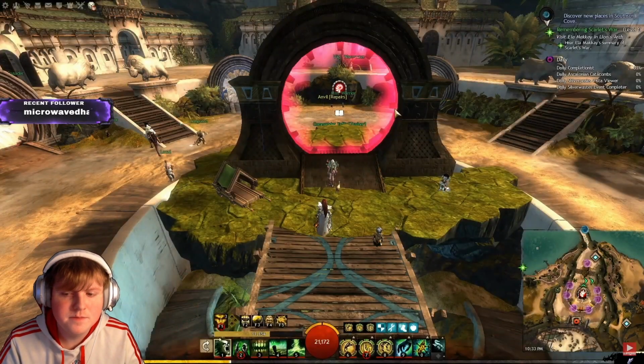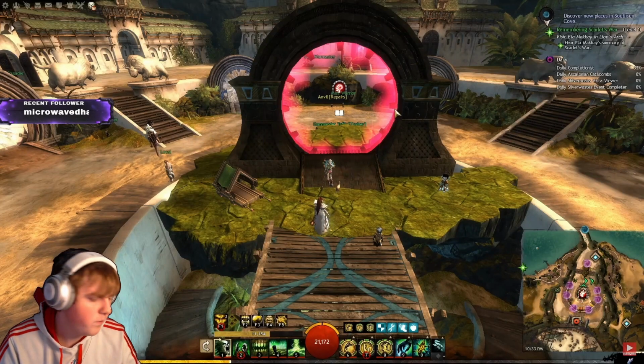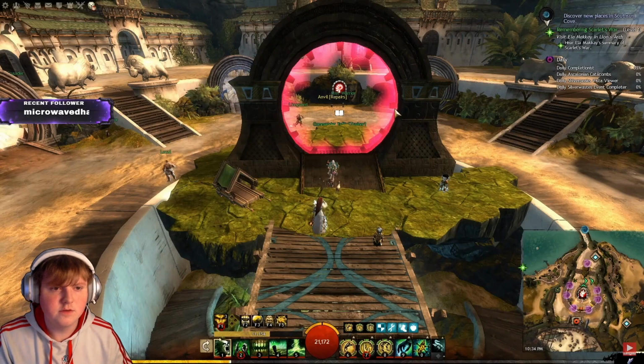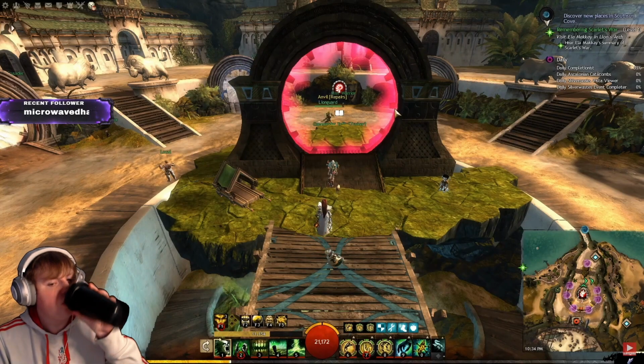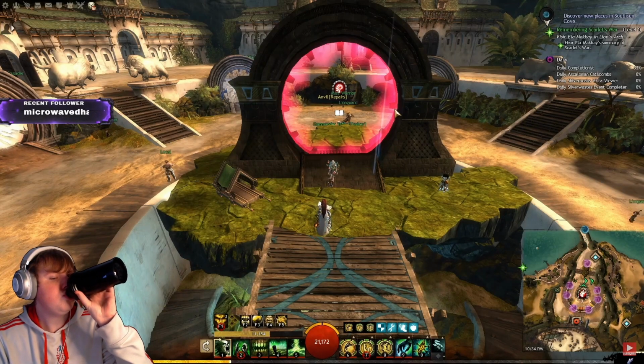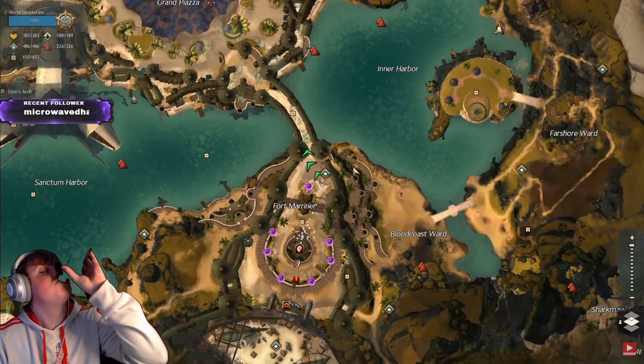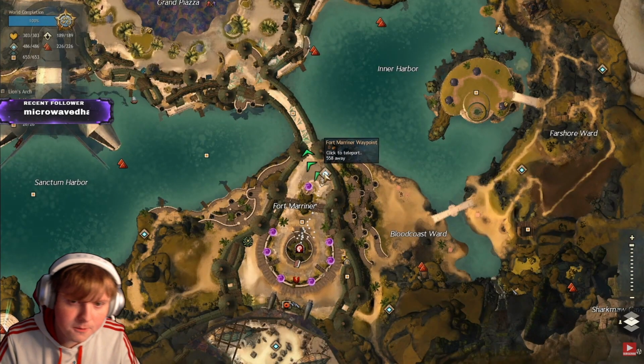Fractals of the Mists, or Fractals for short, are a series of level 80 dungeons that are designed to be done as a group. Each dungeon is called a Fractal Island. To get started, go through the Fractal Portal, and there are two locations for them. There is one in Lion's Arch,